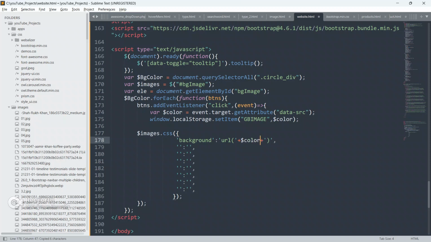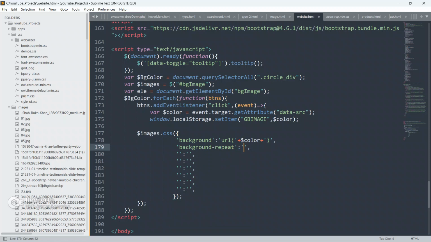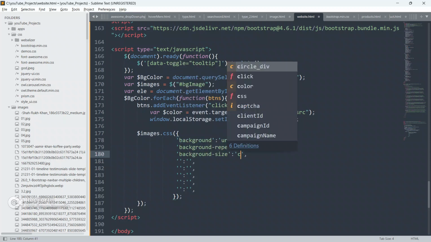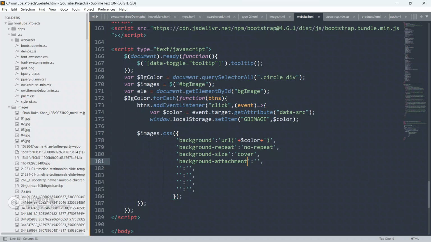We will append this color, okay, paste it here, give background-repeat no-repeat, give background-size as cover, give background-attachment as scroll, give position as relative, give width as 100%, give height also 100%,